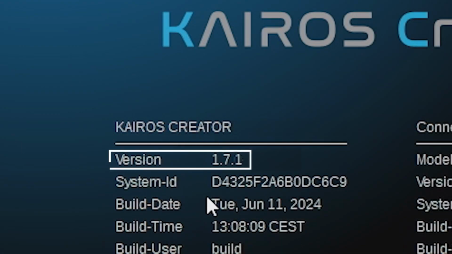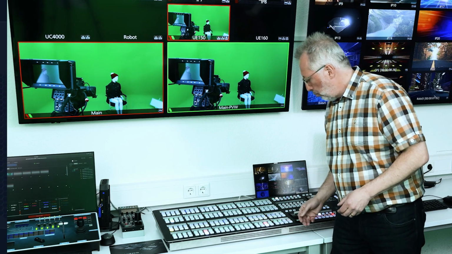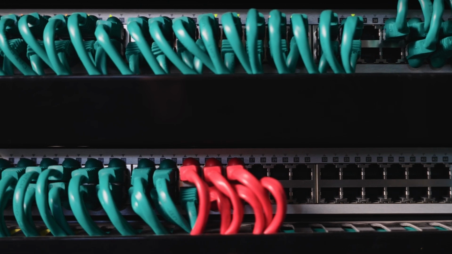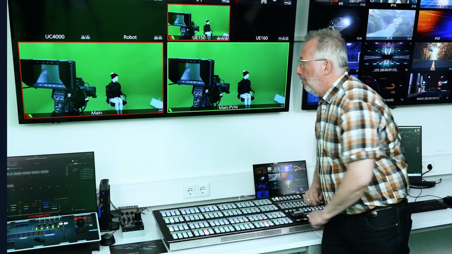Look here, Anna. This system is equipped with 1.7 software and smart routing is enabled. When I switch from a camera to another, like this, the cut is actually performed in the IP switch. And this works even if I go very quickly like this. Did you notice any difference? Not at all. But wait,